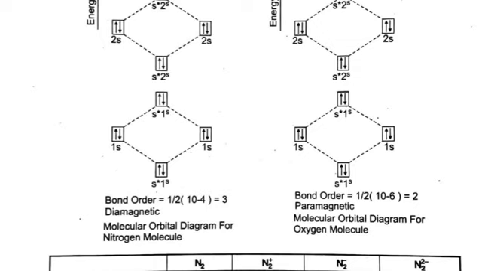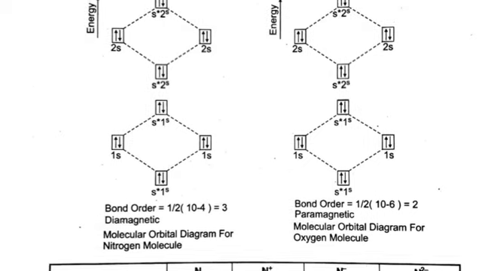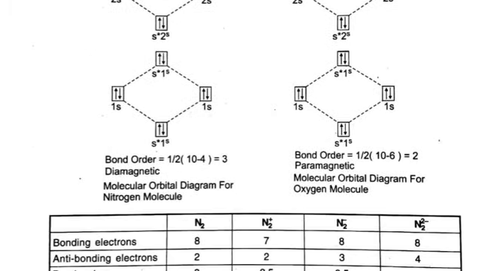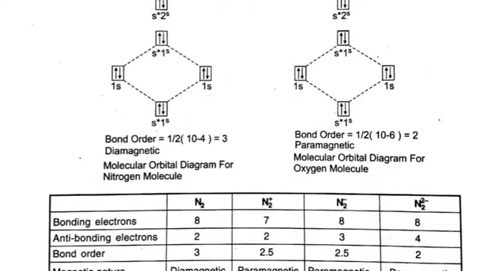Nb is the number of bonding electrons. You can see here the downside ones are the bonding electrons, and the upside ones are the anti-bonding electrons. So total bonding electrons: 2, 4, and 4, 8, and 2, 10. So 10 bonding electrons and anti-bonding electrons 2, 4, and 0, means (10 minus 4) upon 2, that is 6 upon 2, that is 3. So nitrogen has triple bonding, with no unpaired electrons. It is